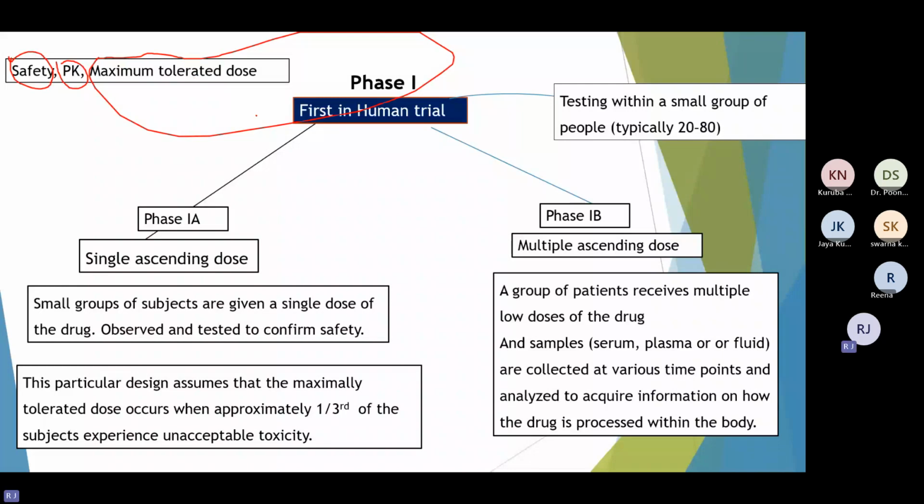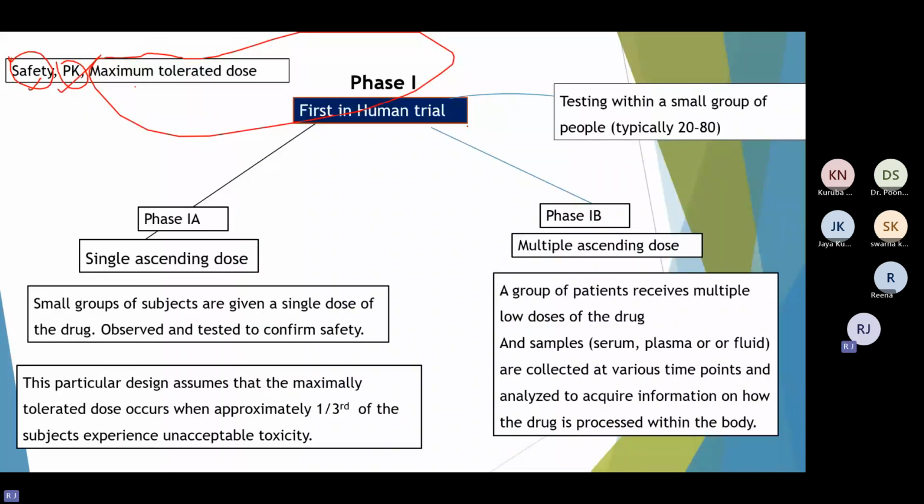Again, now with the help of an example we will understand how these things are determined. Okay, but for now just understand that we determine at least these three things: safety, that is first, then second is PK, and third is maximum tolerated dose. Okay,